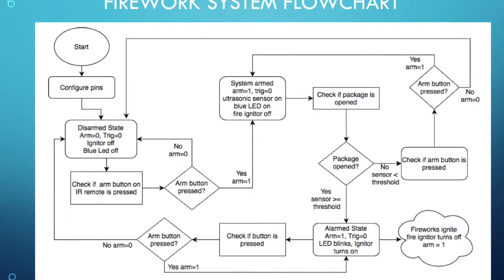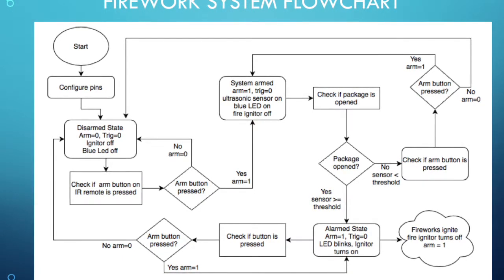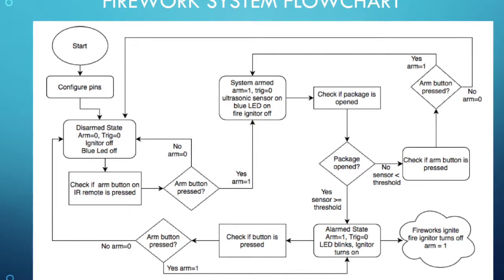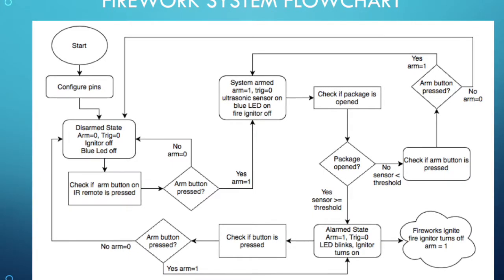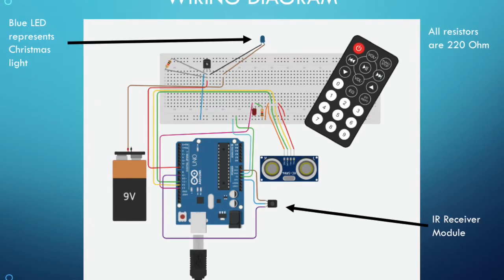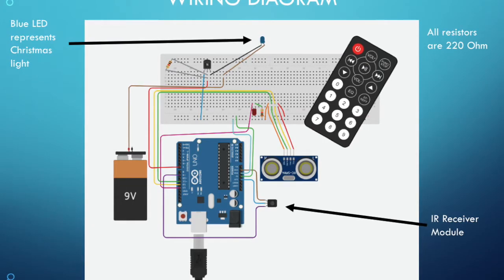But if you go back to the package opened and it's not above the threshold, that means the package is still closed. So the arm button, then you stay in this little loop where you keep waiting for the package to open, basically. And for the wiring diagram, the blue LED represents a Christmas light, and all resistors are 220